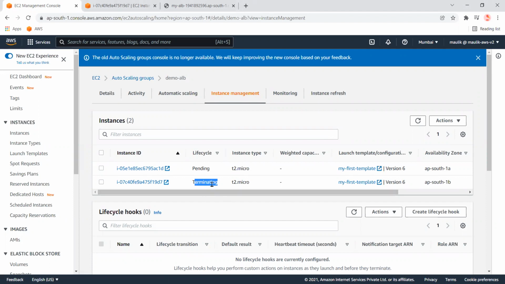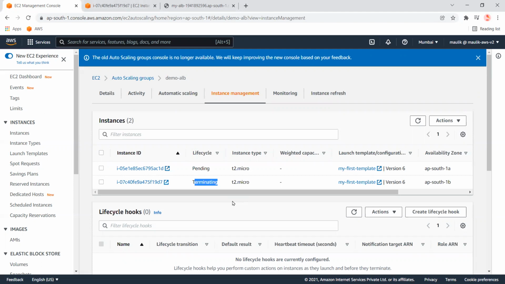So that's how, in real scenarios, if any EC2 instance crashes or anything goes wrong, like a memory issue, and we have created an endpoint for the health check, and it cannot give a 200 response, then it can directly terminate that instance, and the auto scaling group can launch another instance. So it can check this kind of health check as well.